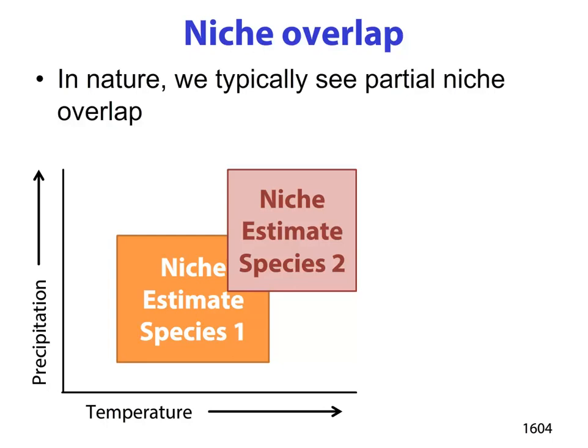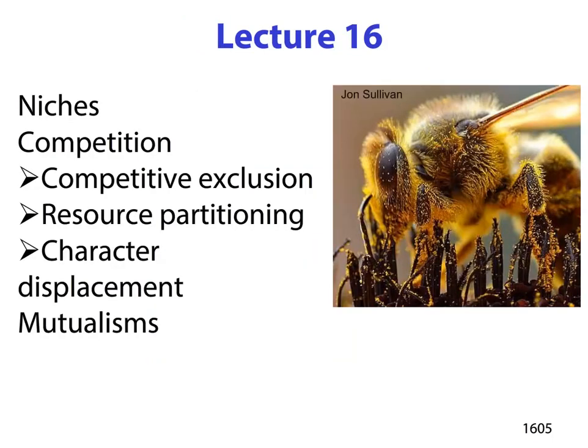And ultimately, what happens is that tends to lead to species changing so they don't have to compete as much for those resources. Now, bees, on the other hand, happen to have a great relationship with plants, as we talked about last time, as pollinators, okay? So that's a nice little mutualistic relationship that we will discuss later. But what we're going to talk about now is competition. So we'll talk about competitive exclusion principle, resource partitioning, character displacement, and all sorts of other good stuff.